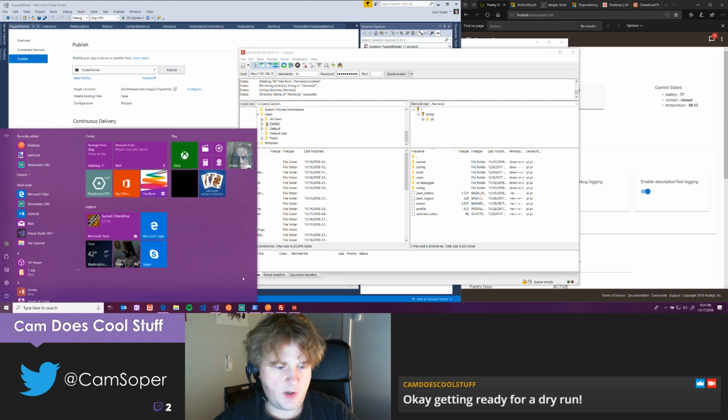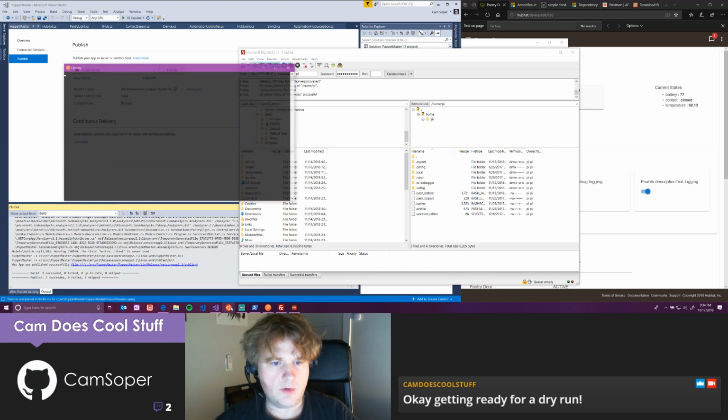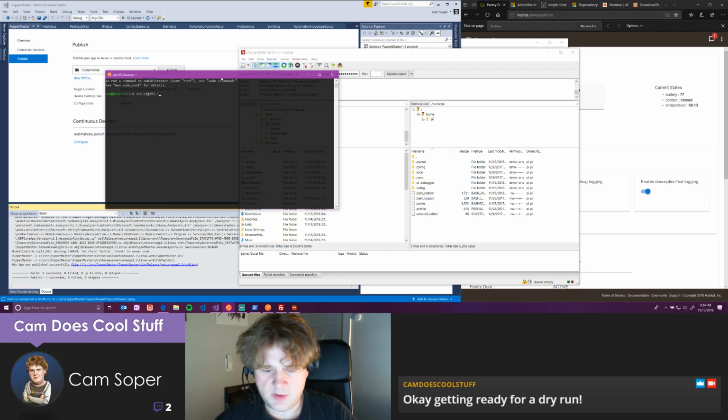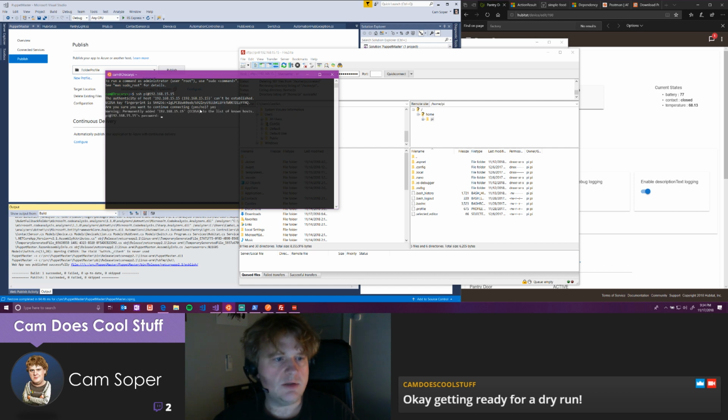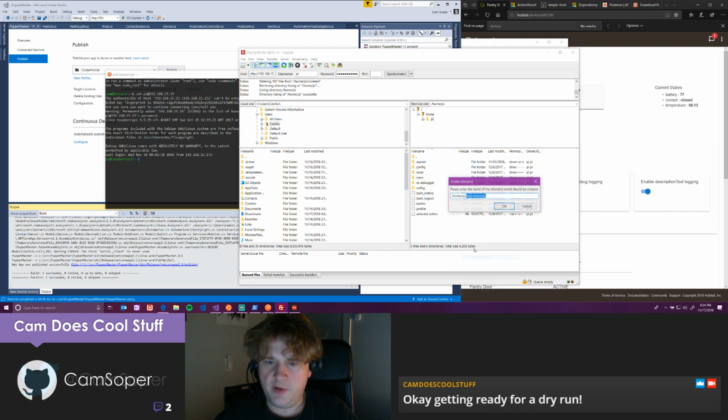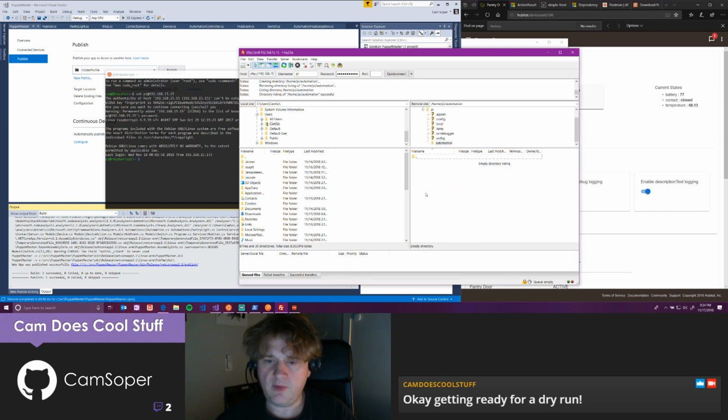And in fact, while I'm thinking about it, Pi at 192.168.15.15. Yes, password, go. All right. So let's make a directory over here. We'll call it automation. And in my automation directory, let's